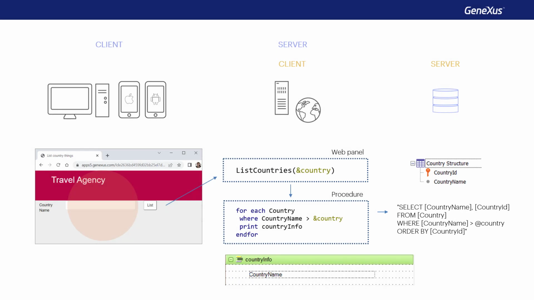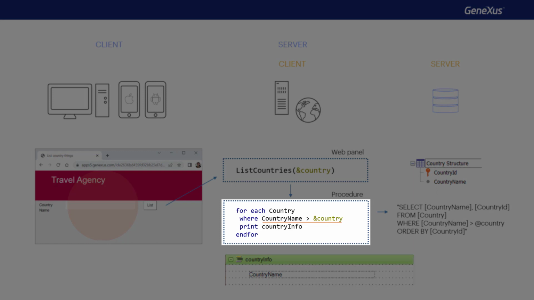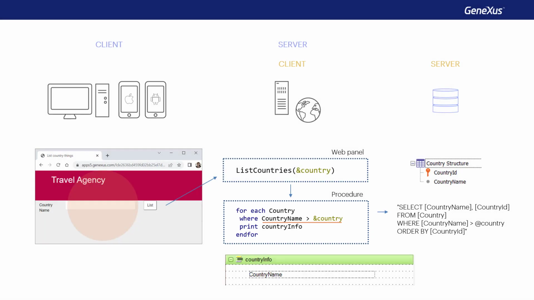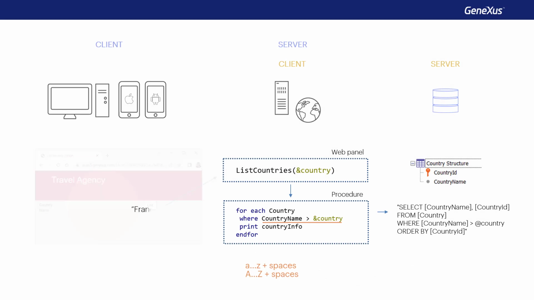For example, if we don't want the countries whose name is greater than a string, but those whose names satisfy a regular expression, for example, that it can only be a word, consisting of letters from A to Z, uppercase or lowercase, but without anything else. That is, France satisfies this pattern. Or even France, followed by blanks, but not United States. Because after the first space comes another word. And certainly not France 3, because it contains a digit.